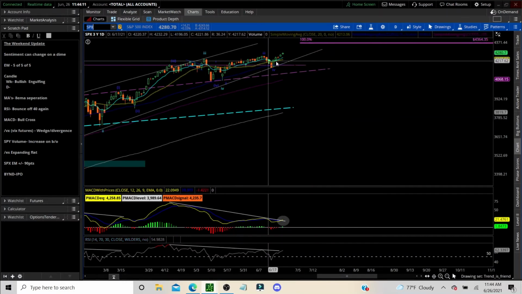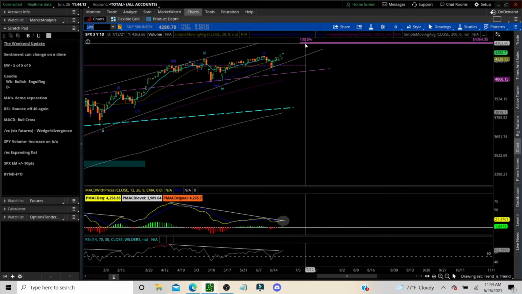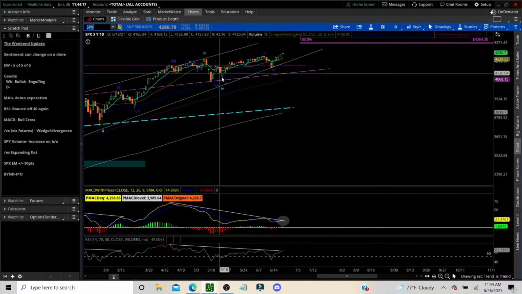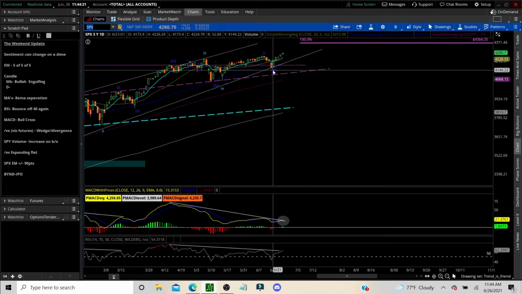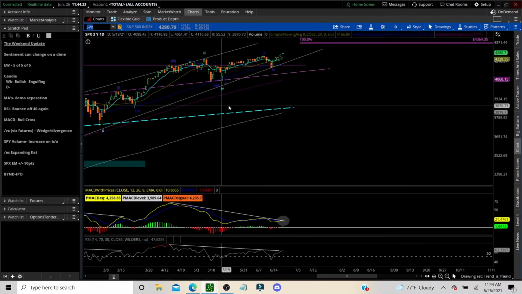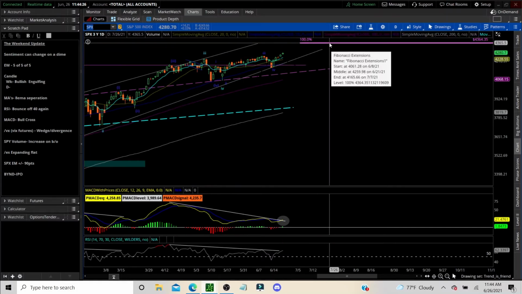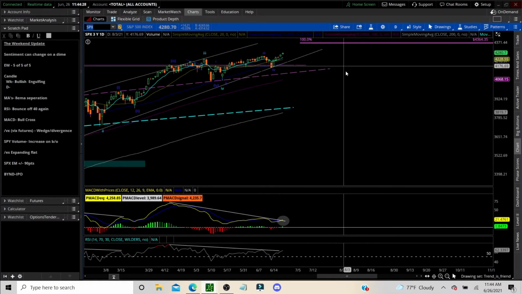If this is correct, that this is an expanding flat, then this fifth wave has to be larger than the third. So that's where that will bring us. And also, this wave 2 down has to be smaller than this wave 4 down, which it is. So everything's fitting so far. We'll be looking for this target at least coming in the next couple weeks.